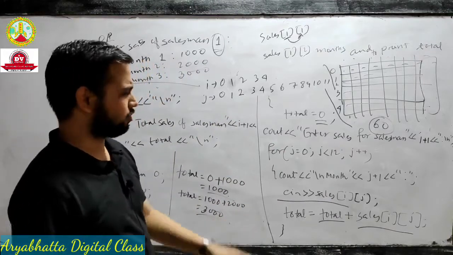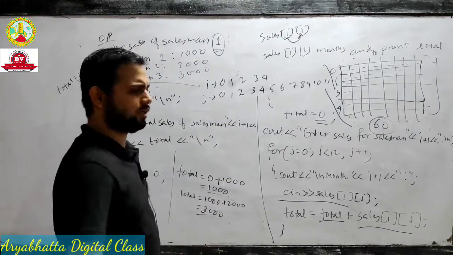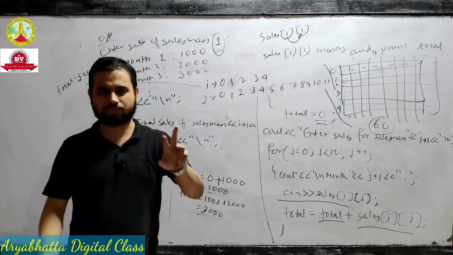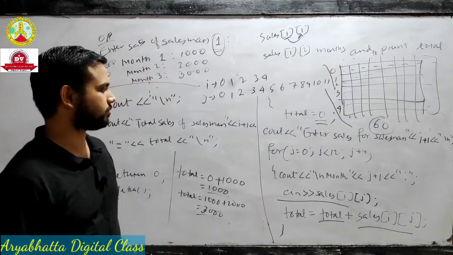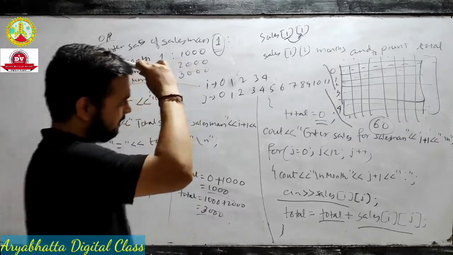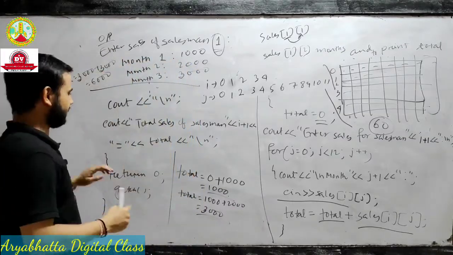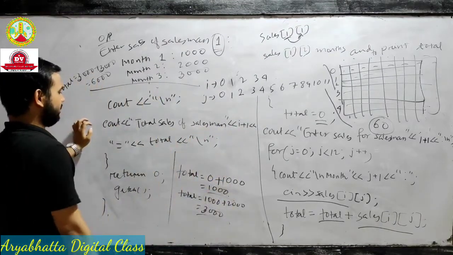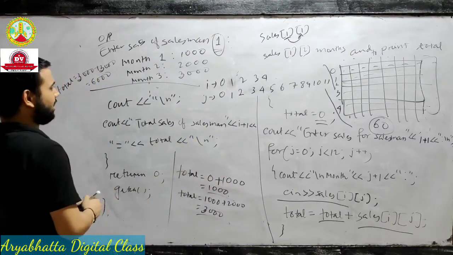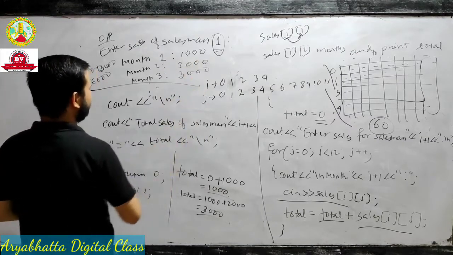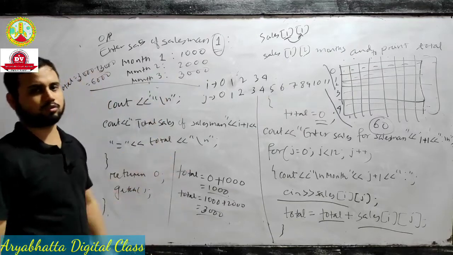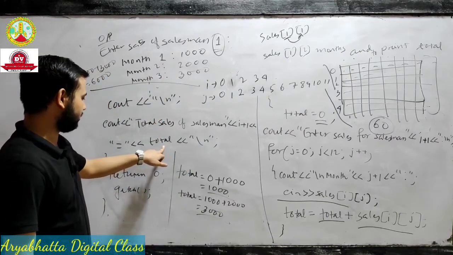You simply understood that the book shows only 2 salesmen for 6 months as sample output. I hope you understood. Again, I am telling you, total sales of salesman i plus 1 is a printing statement. Total sales of salesman 1 will come, suppose 1000, 2000, 3000 and like that, all of his 1 year sales value. This will come in total.